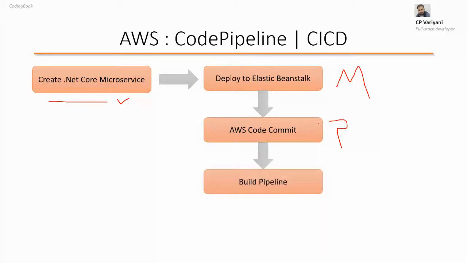After that, we will create our build pipeline. So simply, what is a build pipeline? A build pipeline basically contains a number of tasks. Any task which you want to define for your application, you can create in the build pipeline. In more simple words, whatever code you want pushed to AWS CodeCommit or to your repo, you want it to be in a perfectly working condition, right? You do not want to push any buggy code to your application. So how do you solve this? How do you make sure that only working code will get pushed in your branch?